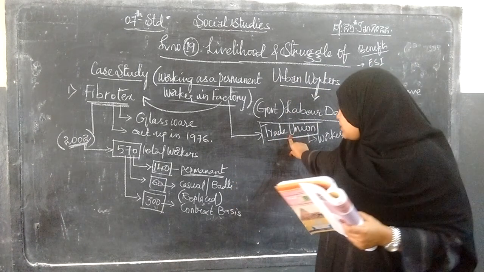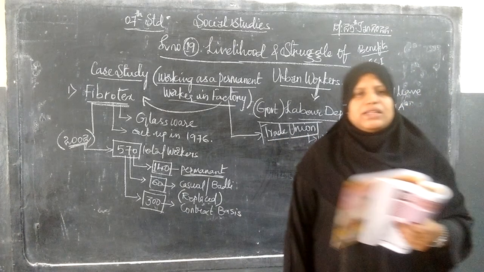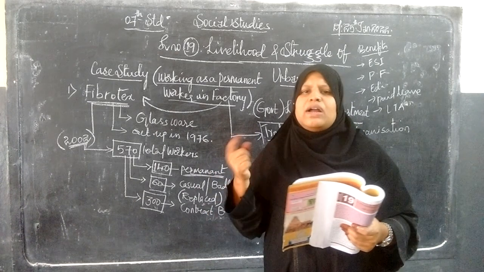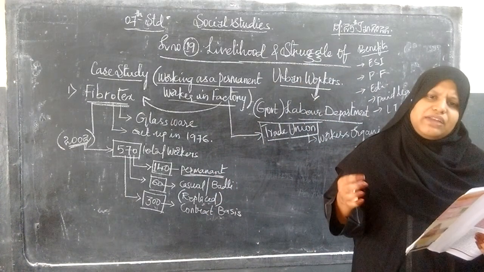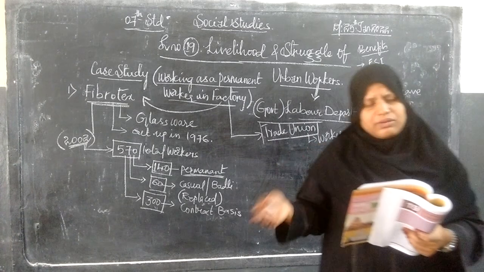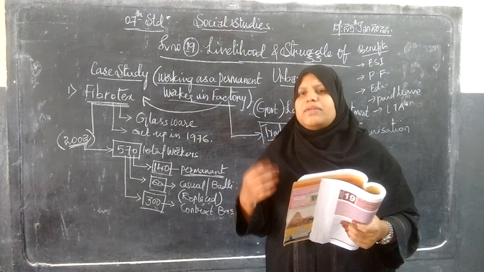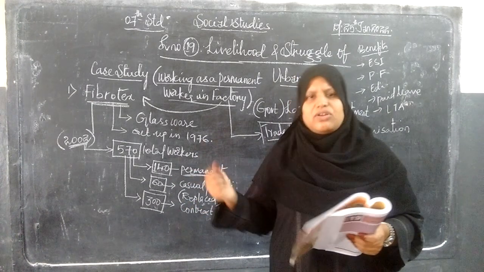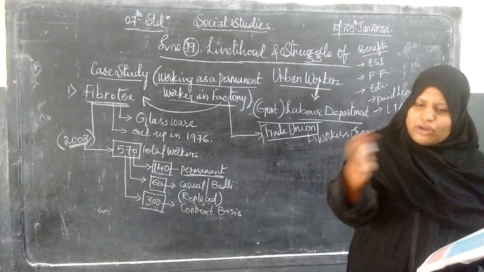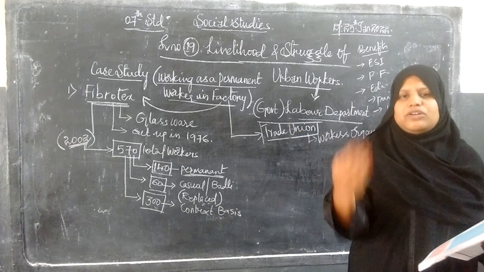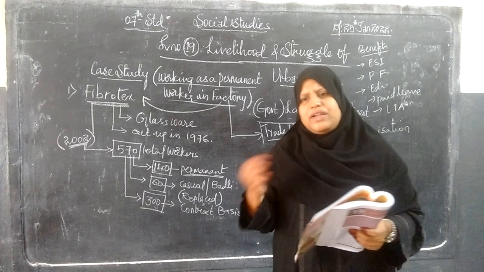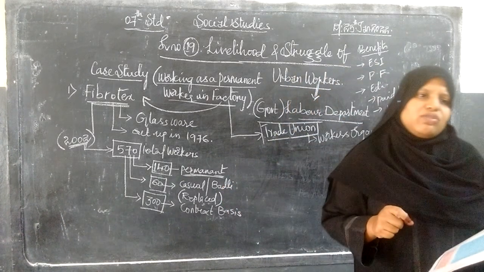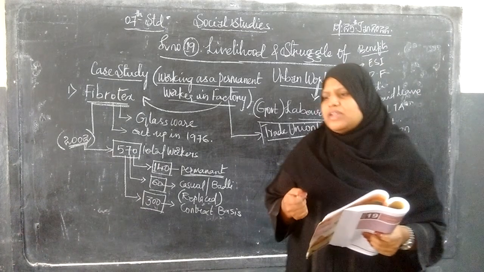So, what is the aim of a trade union? It is the workers' organization. These workers negotiate with the employer. Like in a factory or company, if any worker is suffering, being harassed, or not being paid, they will come together as an organization. On his or her behalf, the union leader will talk with the employer and try to get a solution to that particular problem. And if their demands are not fulfilled,